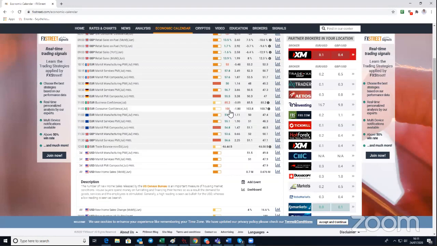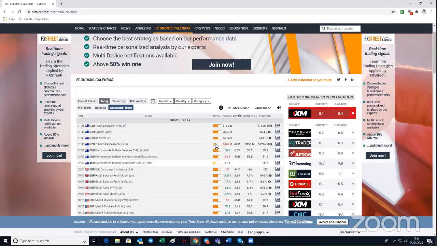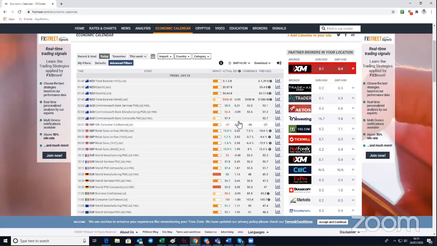So there you go. We've got all these red ones, right? Now, the thing about the economic calendar is that what it's showing is high volatility, medium volatility, or low volatility. This is what is shown here in terms of impact. This is what the bars are for. So the red ones, full ones, are high volatility time and also high impact. When it says high impact, it's actually impacting the volatility, all right?